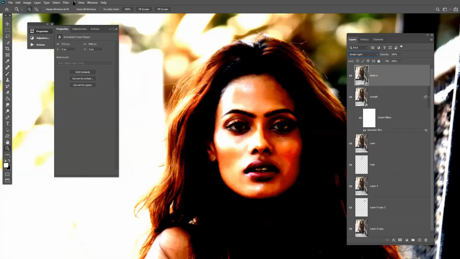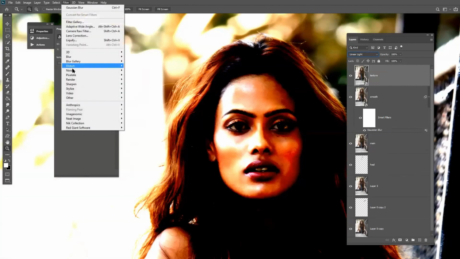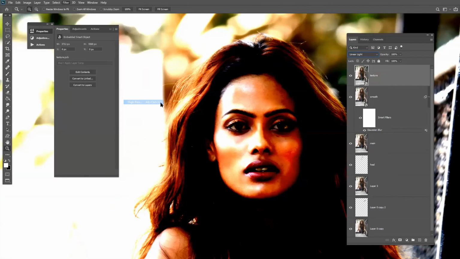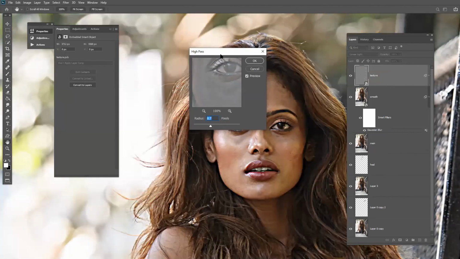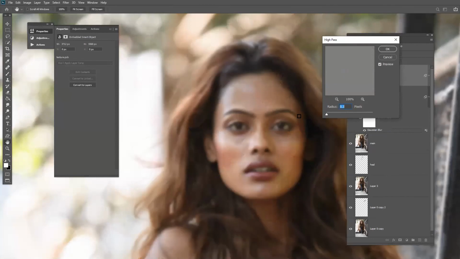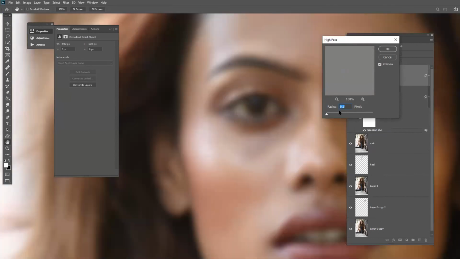Now go to high pass and reduce the high pass, and now slowly bring the high pass up.